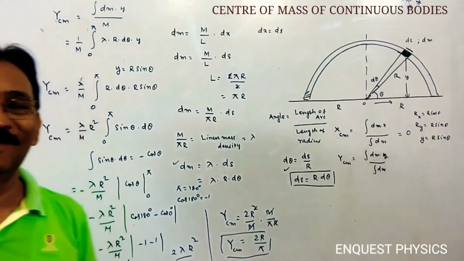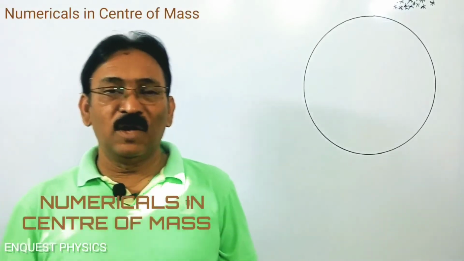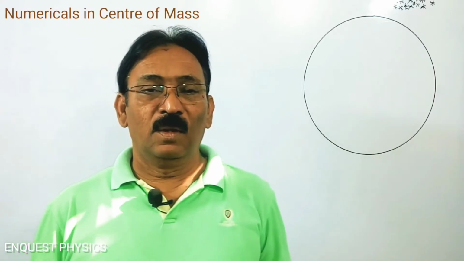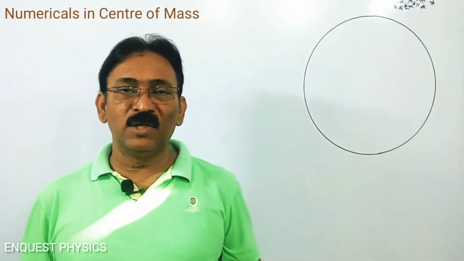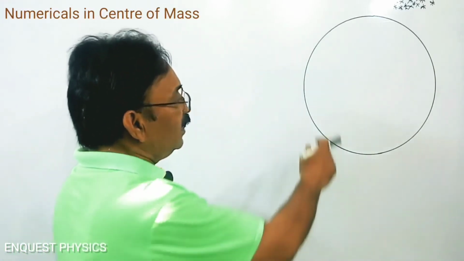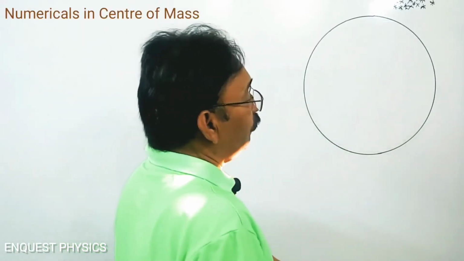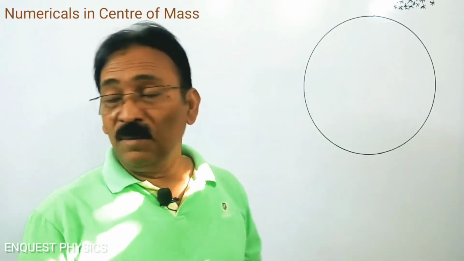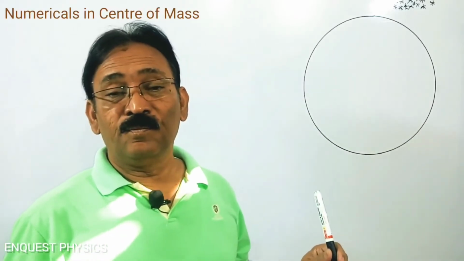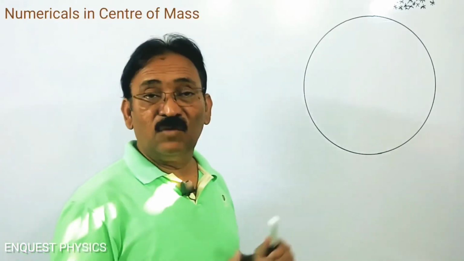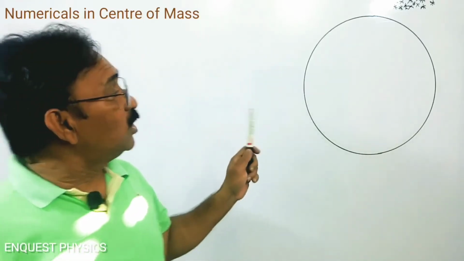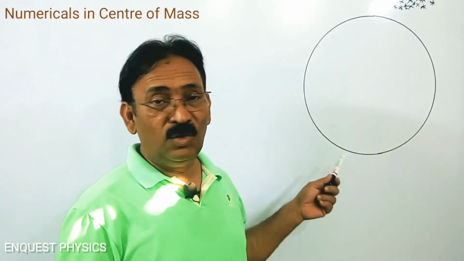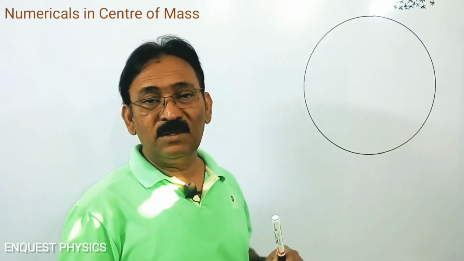Students, in this video we are going to learn how to do the problems in center of mass. Here the first problem goes like this. Let's say it is a circular plate. The circular plate has uniform density and has a radius of r. From this circular plate, which has uniform density and uniform thickness,